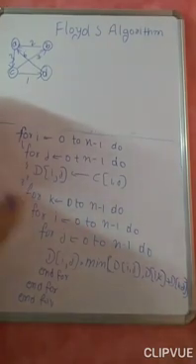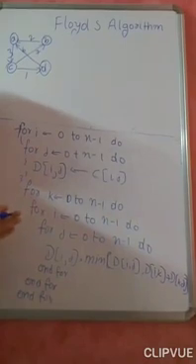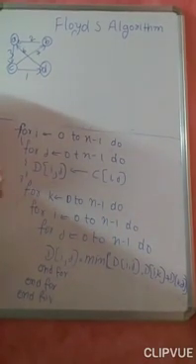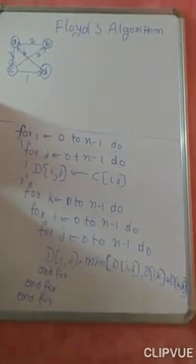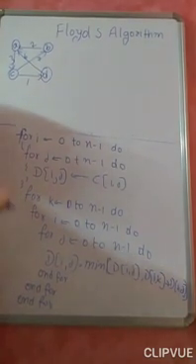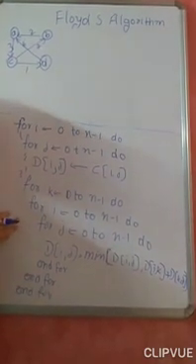Okay, so the only difference between Warshall and Floyd is that there you are finding the path matrix, here you are finding the all pair shortest path. There also a path matrix, here also a path matrix, but there you are just finding the path matrix. Here you are finding the all pair shortest path matrix. And it is almost similar to your Warshall.